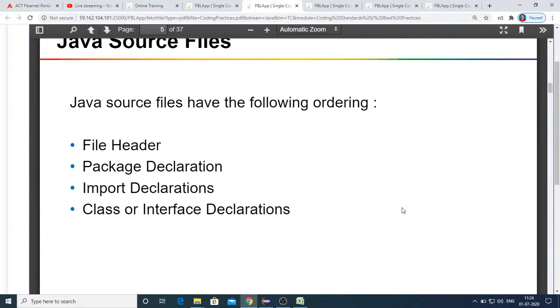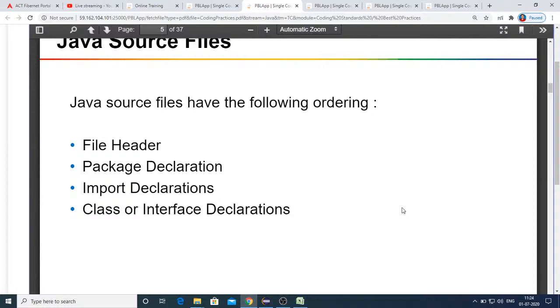When we say the file belongs to a package, you should understand that all the classes and interfaces you created in that file will be part of that particular package only. And always remember that in a single file you can have n number of classes and interfaces, but you can have only one single public class.